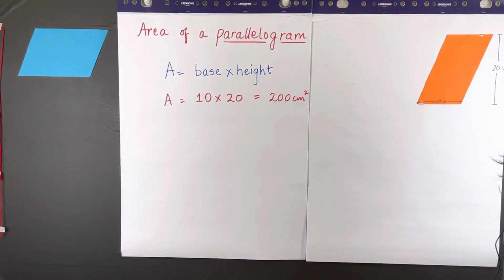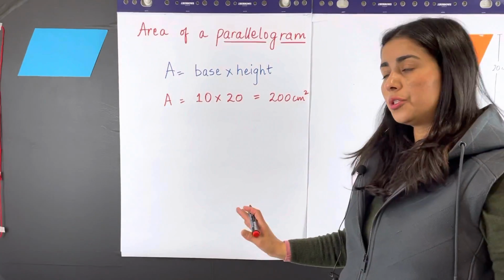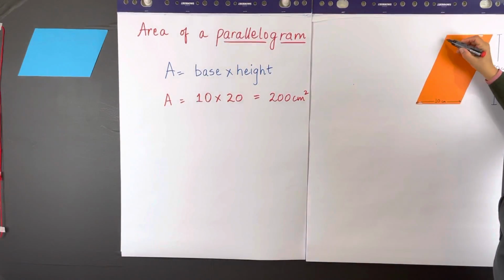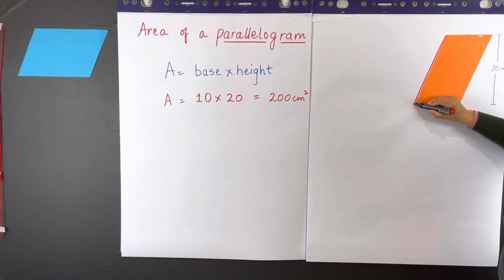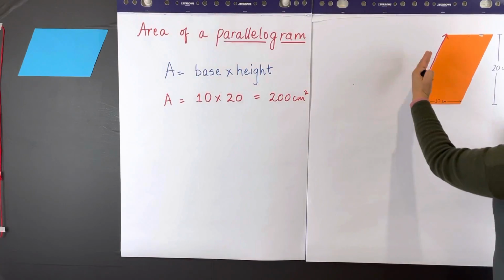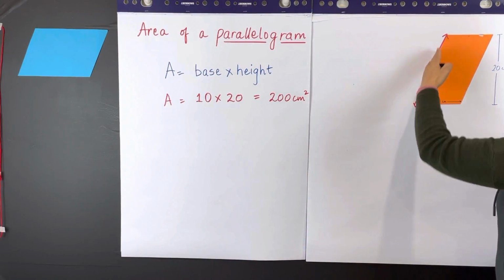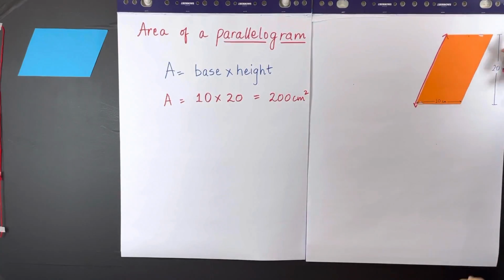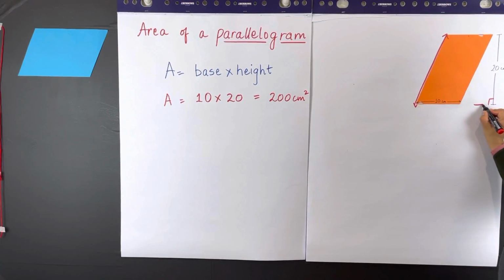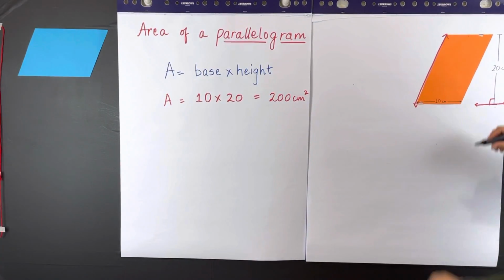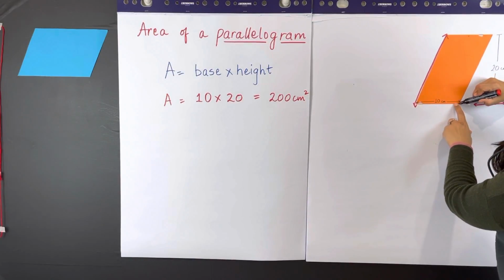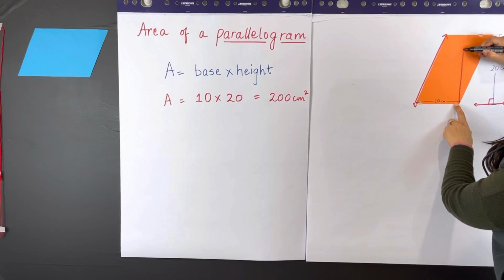And that's it. But before we end this video, I just wanted to tell you, some students may think this is the height. Now remember, this is a side length, and it's tilted, it's slanting. So this is not the height of the parallelogram. Height is always 90 degree to the base. Remember that. So if you want to find out the height, you need to know this length, this straight length,